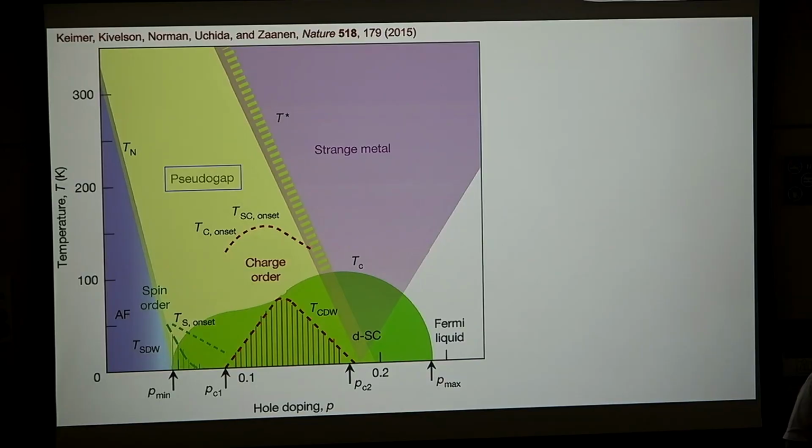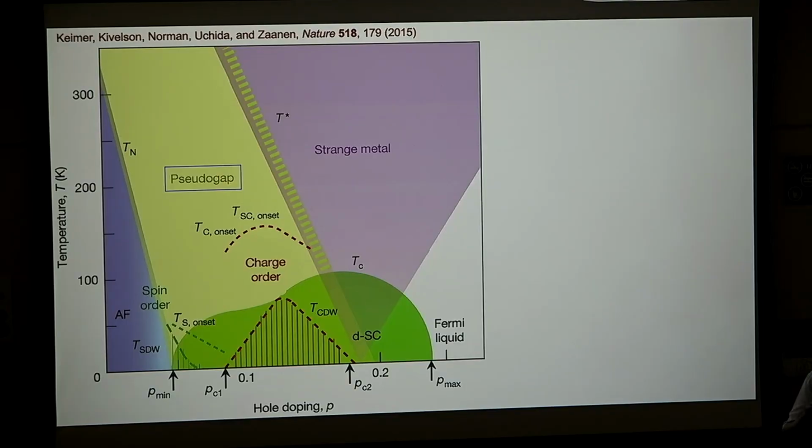It doesn't go down exponentially fast, but it starts to go down. I don't know who used the word pseudogap first. It could have been Henri Alloul, who discovered it in NMR way back in '89. But I'm not going to talk about that property so much, although it's implicit in the description I'm going to give, but focus on two properties,